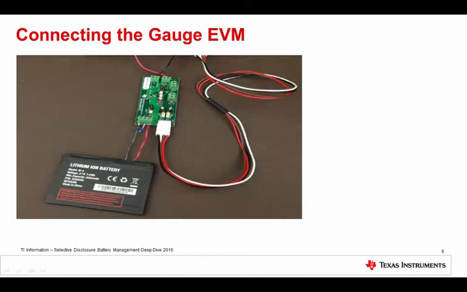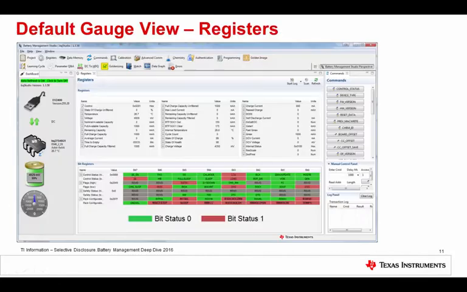In the case of a gauge, if you hook this up and run BQ Studio, it should auto-detect the gauge that you have, load the configuration, and automatically bring you up with something that looks similar to this. So this is the high-level gauge layout for BQ Studio. You see immediately available are the registers for the system. These are the initially sampled values as BQ Studio launched of all of the registers. These are the bits specific to registers that have fields or command bits or status bits associated with them.